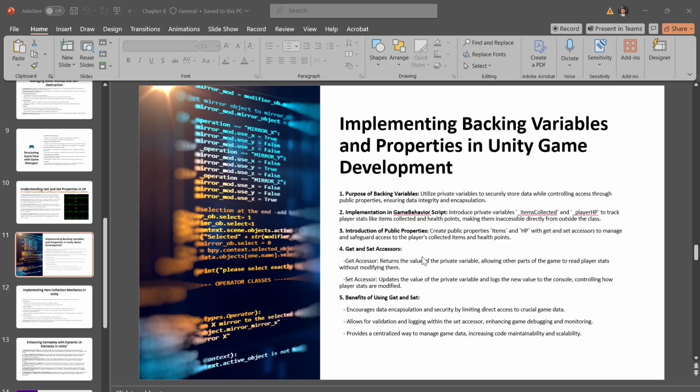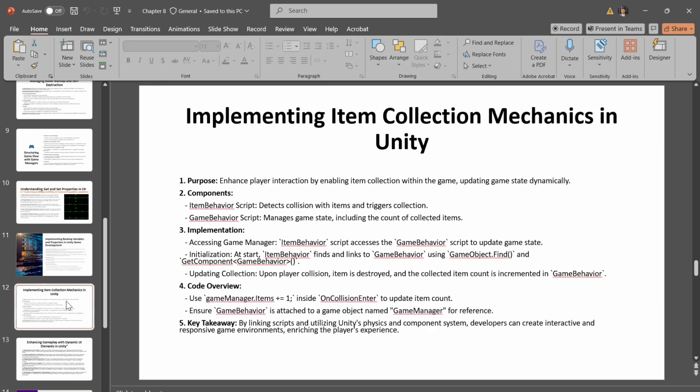This method not only makes your code more robust and easier to debug, but also lays down a solid foundation for expanding game functionalities in a controlled manner. So that's about backing variables and properties. Next is